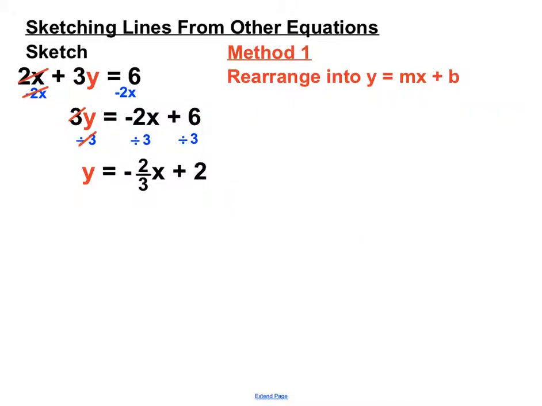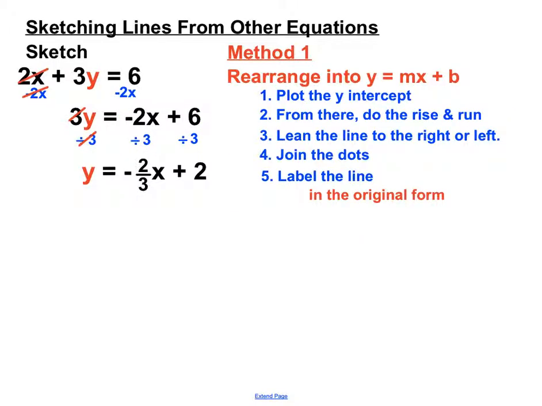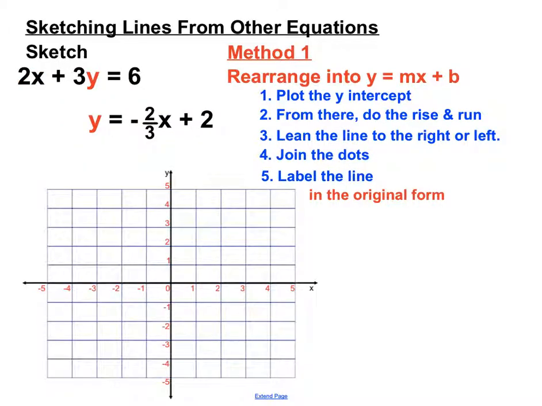Now, seeing we've got it into y equals mx plus b there, to plot that, we'll just go pretty fast here because you've seen this a number of times already. We'll plot the y-intercept, and this is where we look for the y-intercept. So the y-intercept will be at +2, so I'll put a blob there. Okay, and then from there, I'm going to do the rise and the run. My rise is 2, so I'm going to go up 2, and my run is 3, so I've got to